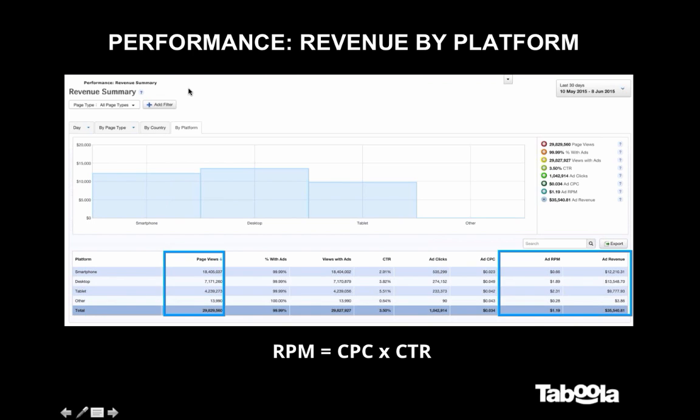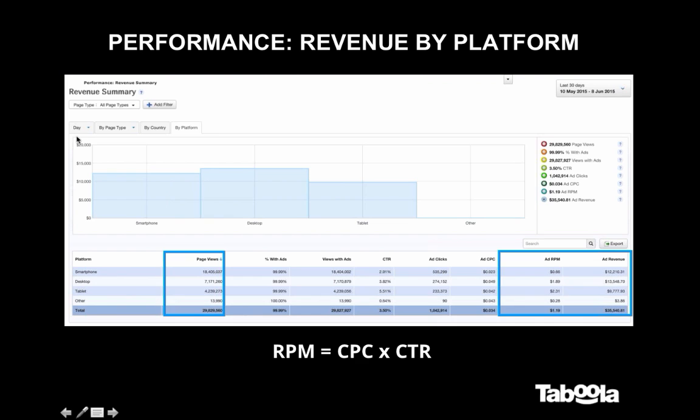So when I'm looking to optimize, or when you're looking to optimize, you could then target your optimization specifically to smartphone. If performance was skewed differently, that would also be a different roadmap to target your optimization to desktop. I also just wanted to call out that you can change the date range up here on the top right. So you could show last 30 days, today, yesterday, 7 days, or you can even target a specific 2-week period,